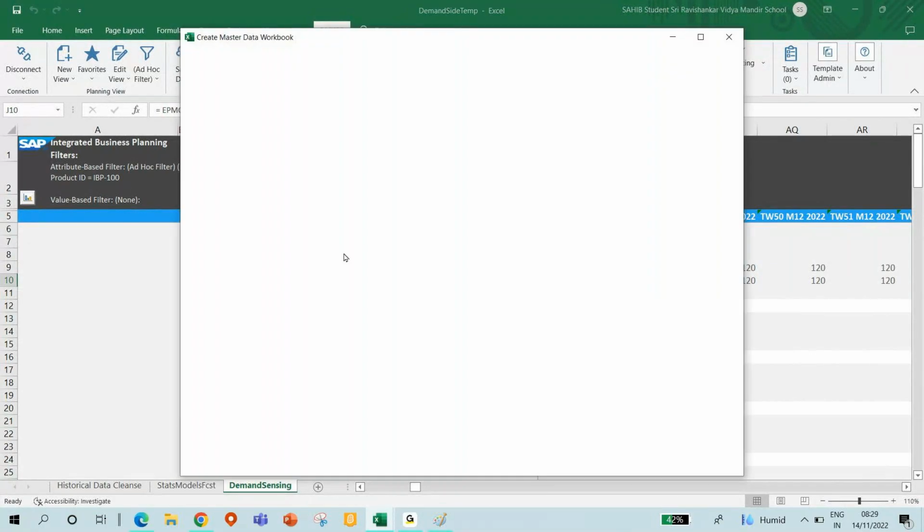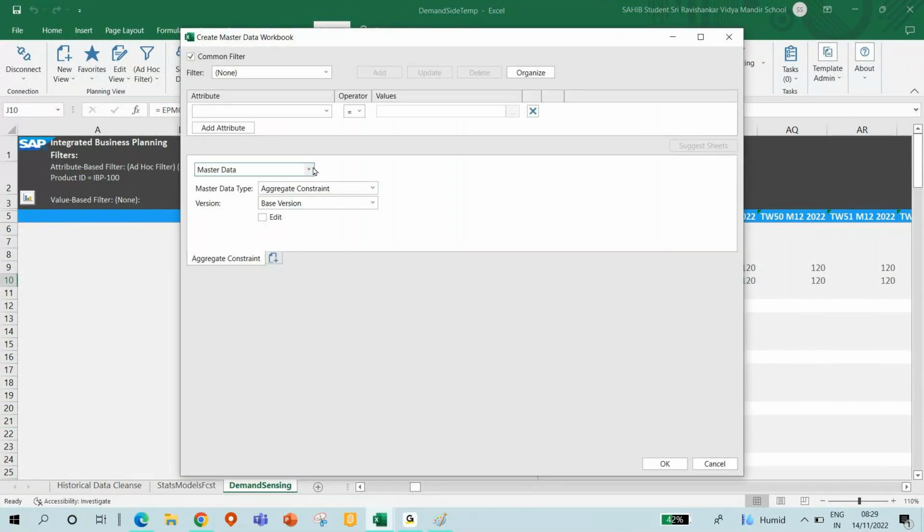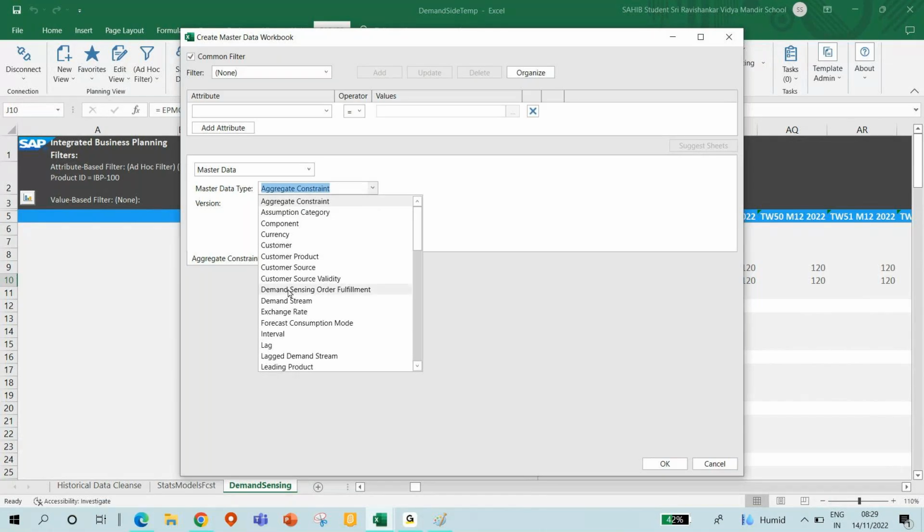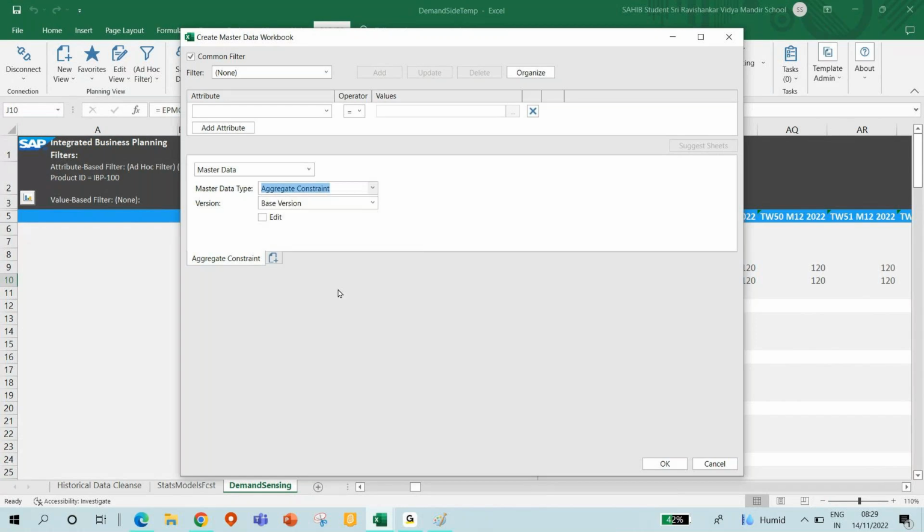If I go to the master data workbench, you have something called demand sensing order fulfillment. You don't have to remember this. If you just go to the master data, you will see that you have something related to demand sensing order fulfillment. You go there, and you will see